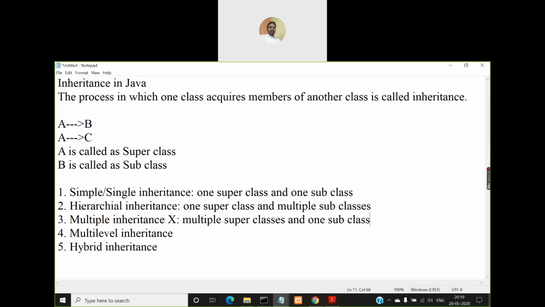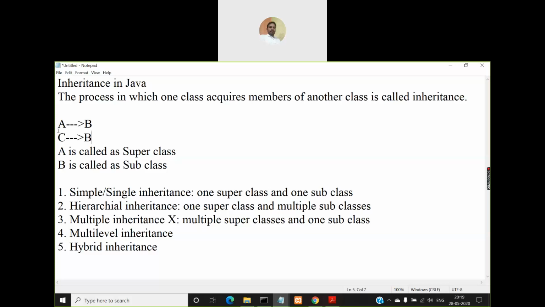That means it is the reverse of hierarchical inheritance. Okay, so you can have a subclass B,